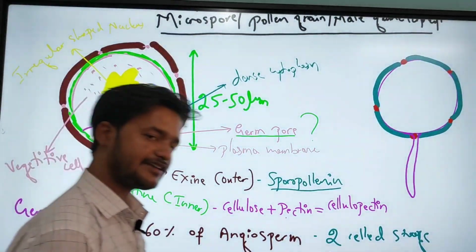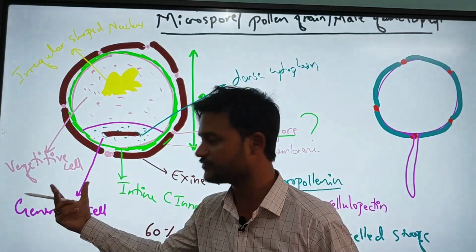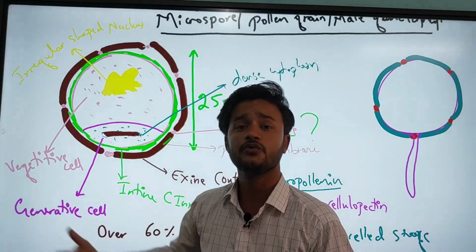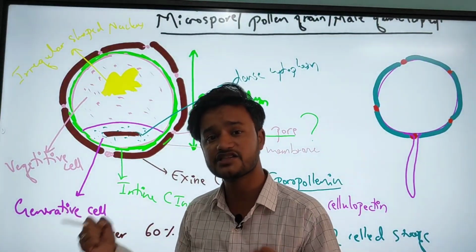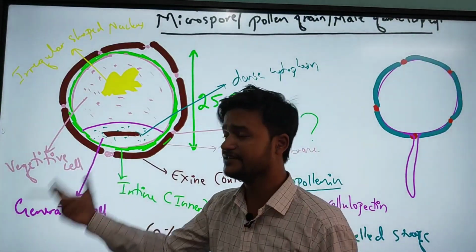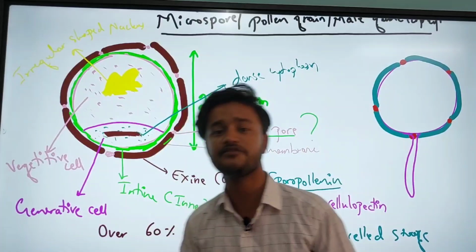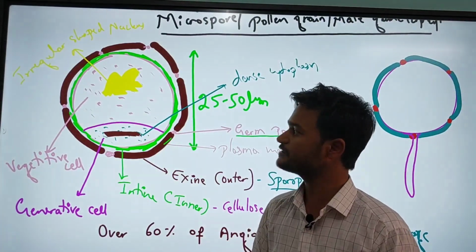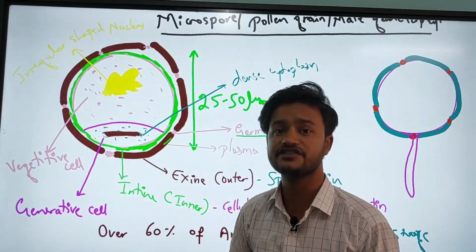So that is the characteristic feature of both the vegetative cell and the generative cell. The vegetative cell is the larger cell and the generative cell is the smaller cell. The vegetative cell contains abundant reserve food material, and the generative cell contains dense cytoplasm. The vegetative cell has an irregular shaped nucleus, but the generative cell has a spindle shaped nucleus, the cell itself is spindle shaped, and it floats in the cytoplasm of the vegetative cell.